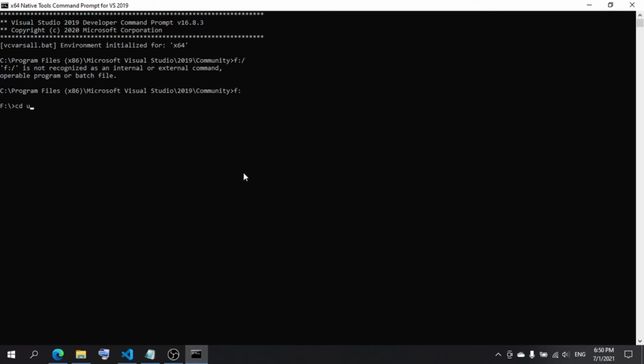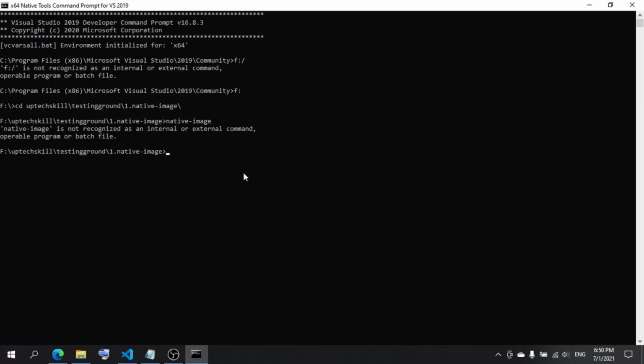Okay, I'm there now. If you run the same thing here, just to let you know, the paths are set only for the VS Code terminal, not here. So if you try here, it won't work, it won't recognize it.